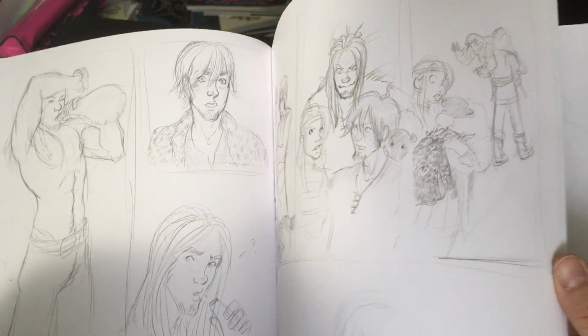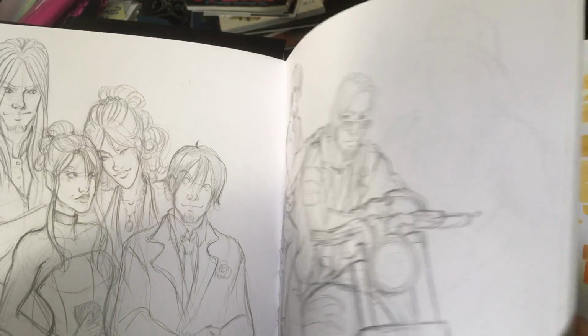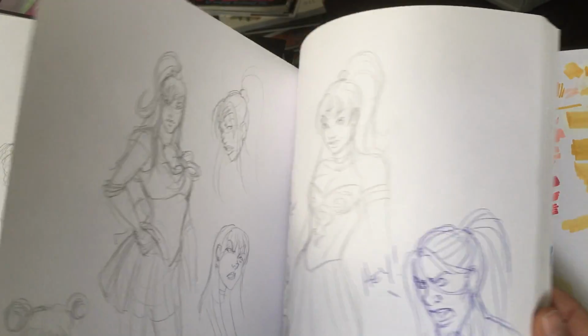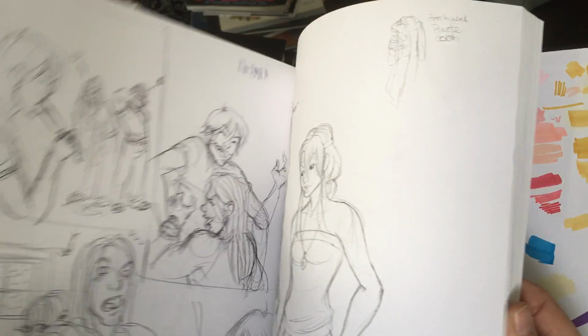And one of the things I love about fandom is that usually people are super, super supportive, and you get really good feedback on your art. And it's just a constant feed of inspiration. Anyway, so